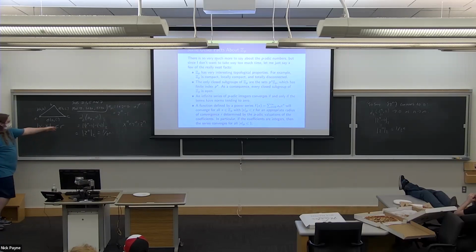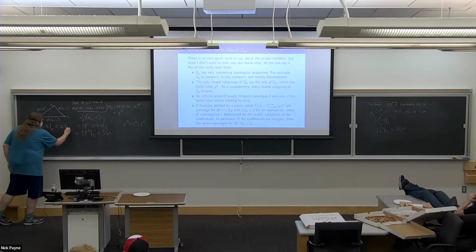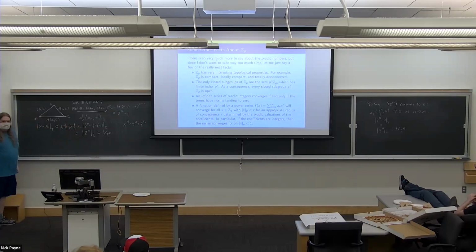Why? Because what are the possible values of r where you get interesting behavior? You have like 1 over p, 1 over p squared, 1 over p cubed, etc. So if you want to make this a closed thing, you just sort of go a little bit above. And if you want to make it open, you just go a little below 1 over p. So for example, |x|_2 less than 1/3 is the same exact set as |x|_2 less than or equal to 1/3. Because you can't have anything whose two adic absolute value is exactly 1/3.